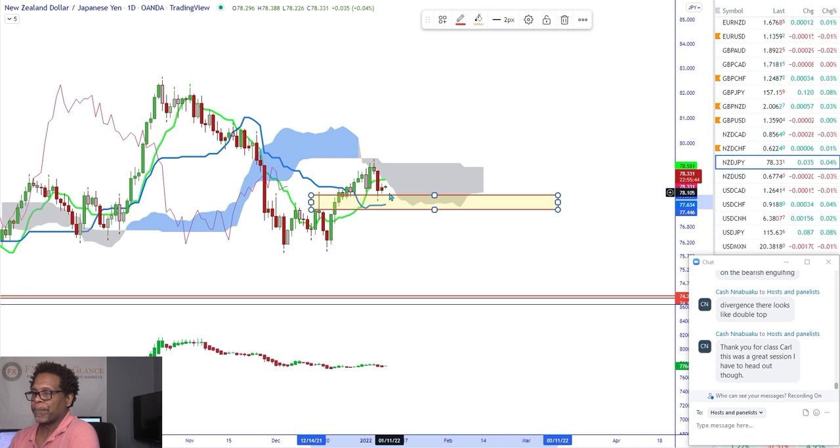So maybe if you don't take the long here, then you wait for the Kumo breakout, because you'll break this structure. All right, and you'll take the Kumo breakout, but then you're not trading at the 3 level. You're trading right at the 2 level, because here's 1, 2, 3, and then 4. All right, so I think we're going to see more upside on the daily time frame.